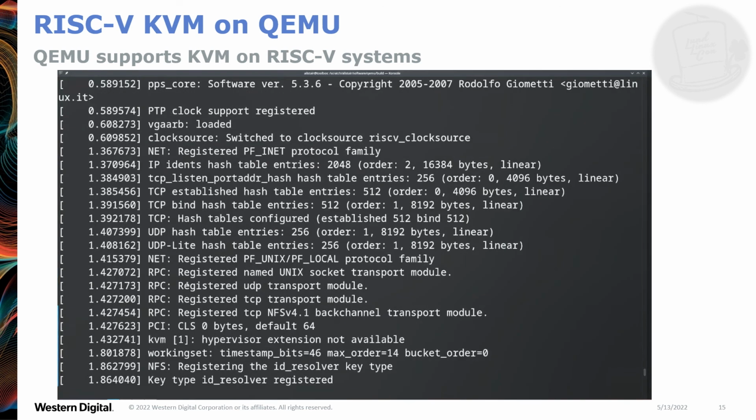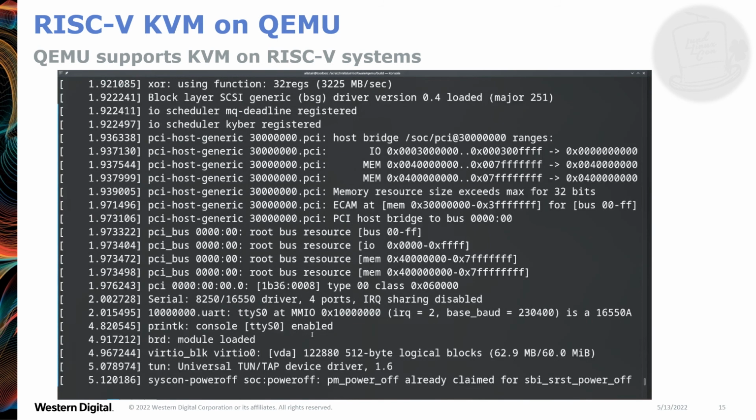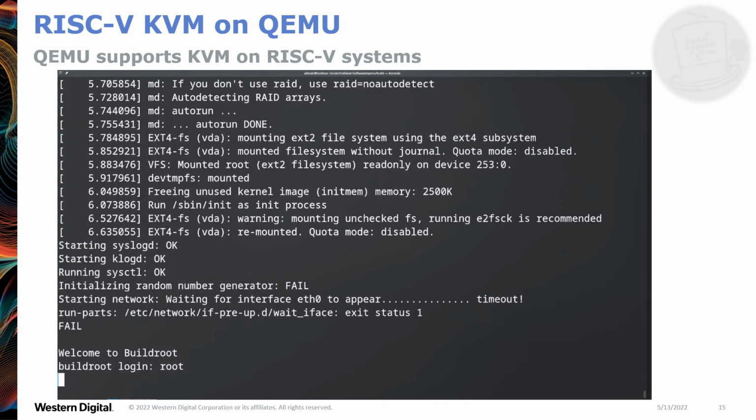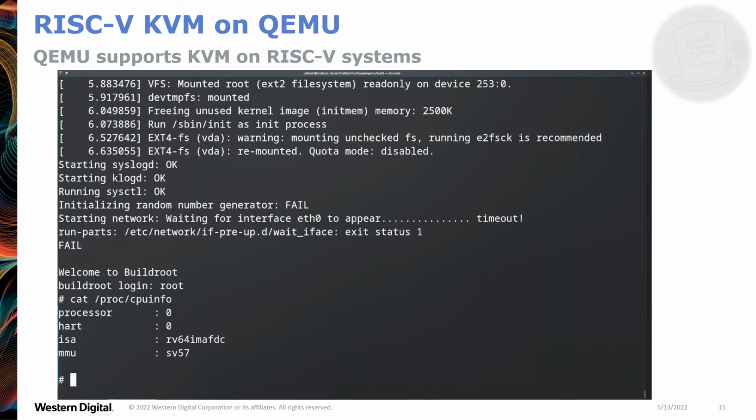I said we can keep going, but we can't. We don't expose KVM again. That is possible, it's just we don't support it yet. And that's it. So here's my Buildroot, my RISC-V virtualization running on QEMU. No hardware can do this, or no public hardware at least that I've seen can do this. So it's only in QEMU, which is pretty exciting. I think that's the end of the demo. I think I just exit out now.